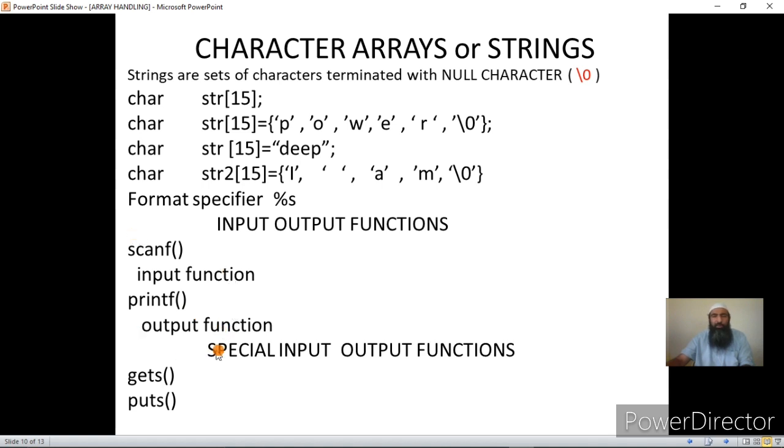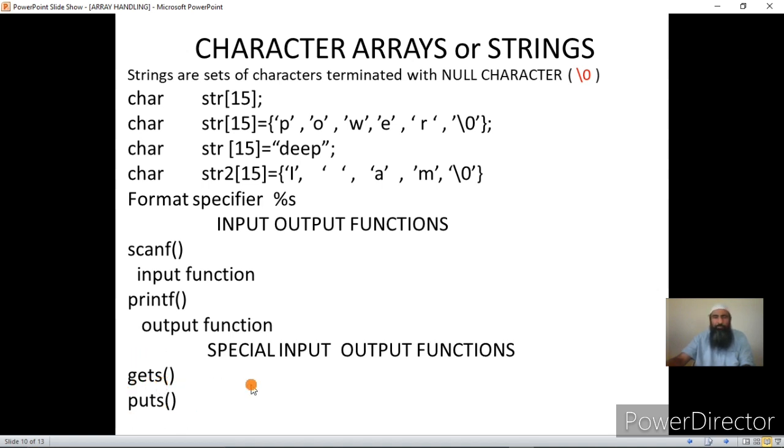Then there are two special input output functions. I recommend for the exercises that follow, where I'll be using strings in my programs, using gets and puts. gets is the input function and puts is the output function.